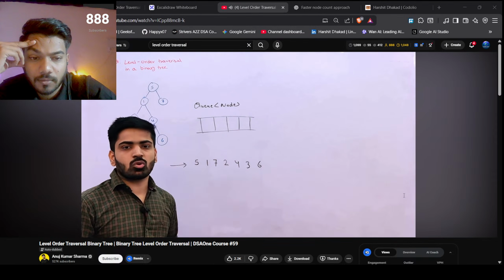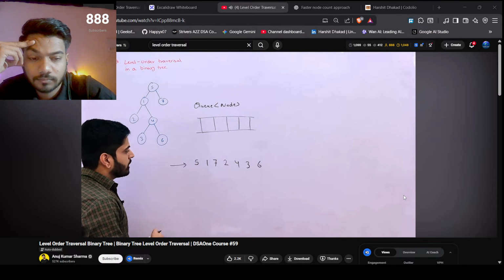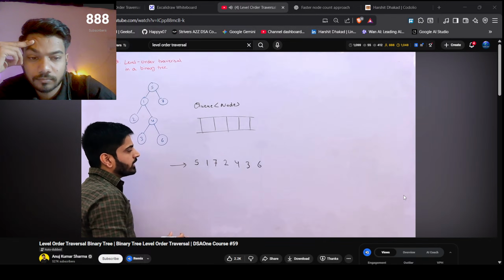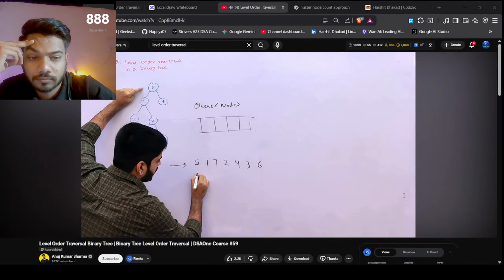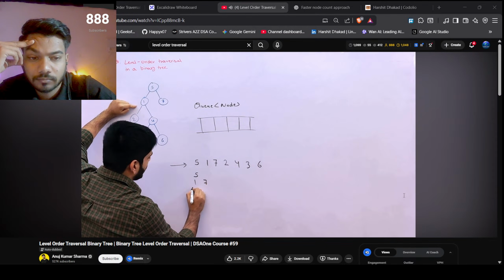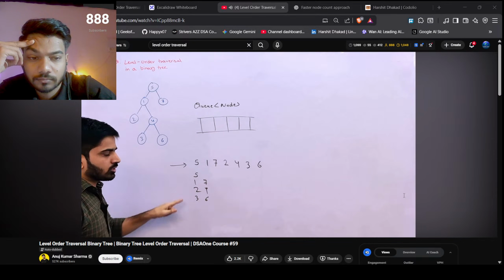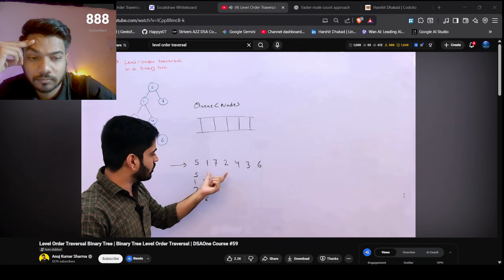अब जरा कोड देख लेते हैं, कोड देखने के बाद आप लोगों को और अच्छे से समझ में आएगा। इसके बाद एक और चीज देखेंगे कि हमने यहाँ पर एक ही लाइन में प्रिंट कर दिया। अगर क्वेश्चन ये होता कि आपको लाइन बाय लाइन प्रिंट करना है, मतलब पहली लाइन में प्रिंट करना है 5, उसके बाद अगली लाइन में प्रिंट करना है 1 एंड 7, देन 2 एंड 4 एंड देन 3 एंड 6, तो ये आप कैसे अचीव कर सकते हो वो भी हम देख रहे होंगे इसके बाद, ठीक है। तो पहले जरा ये वाला कोड देखते हैं, उसके बाद इसका कोड देख रहे होंगे।